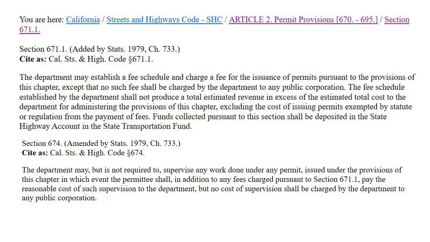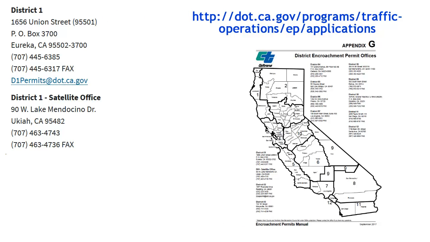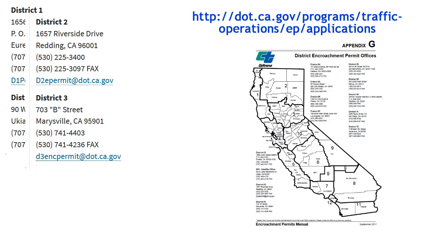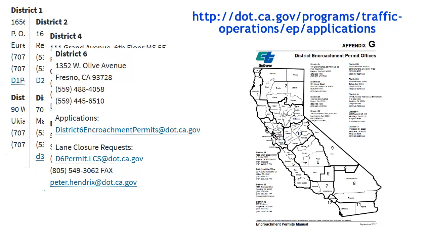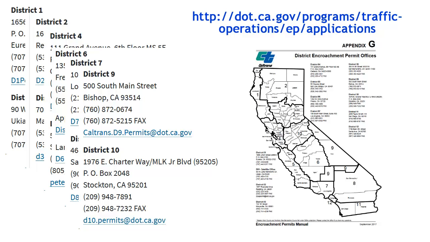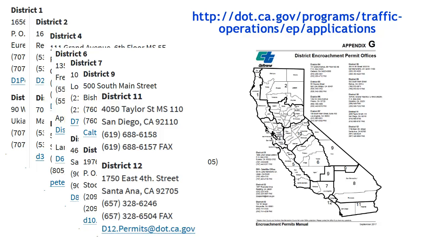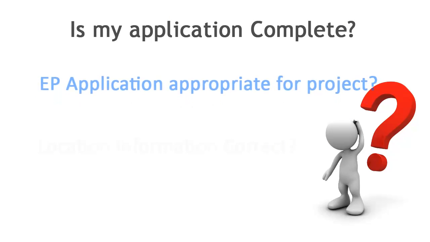Additional fees may be required prior to permit issuance or during inspection for any costs that exceed your initial deposit. Fee deposit can be paid by check with the application package or by credit card over phone. Once completed, you may email or mail your application package to your local district encroachment permits office, and you can contact them if you have any questions. To reduce processing times, applicants are encouraged to submit the application package by email, but may also submit it by mail or in person. When you call the office, you may want to ask the following questions.